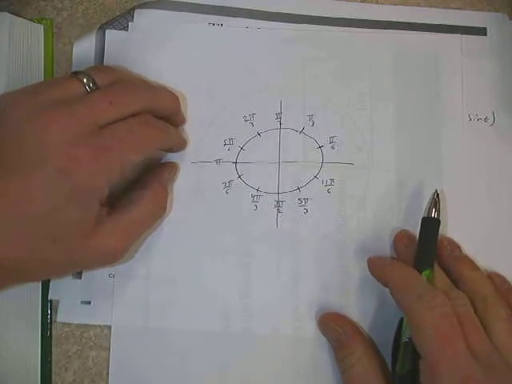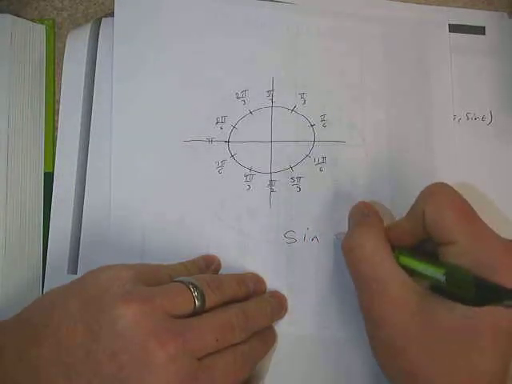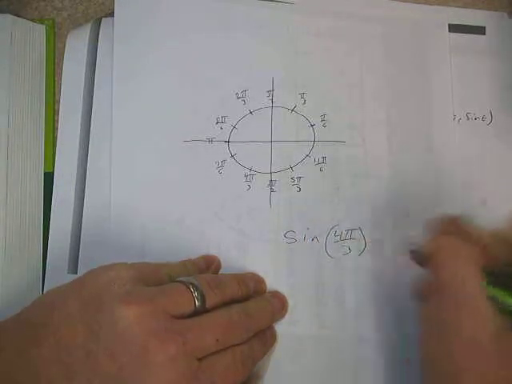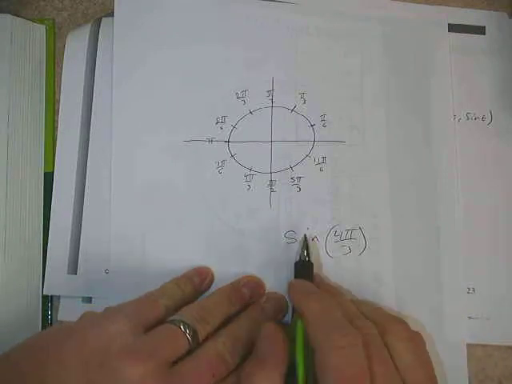2 pi. Okay. So as long as you can count and recognize that you got to count by pi/6, 1 pi/6, 2 pi/6, 3 pi/6, and so on, then you can produce this circle anytime you want to. And you're going to need to, because if I told you right now to find me the sine of,